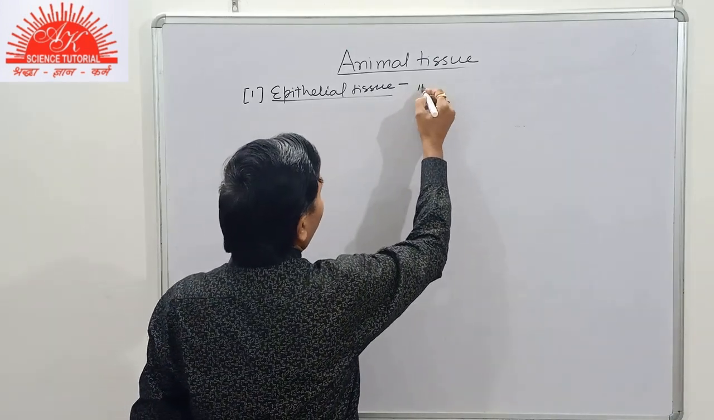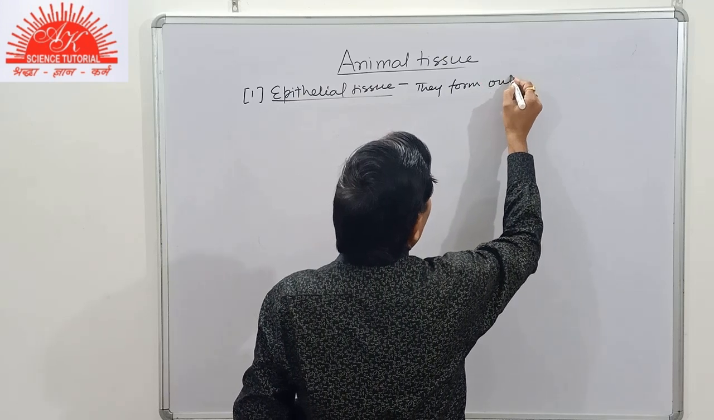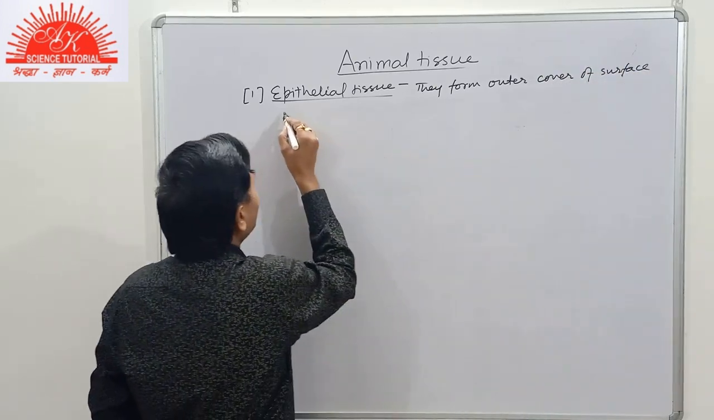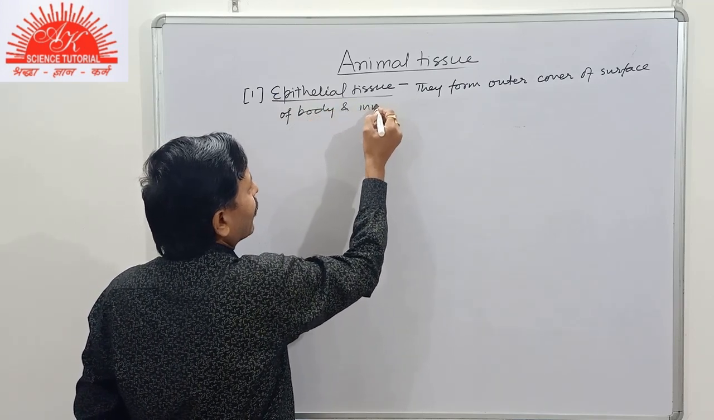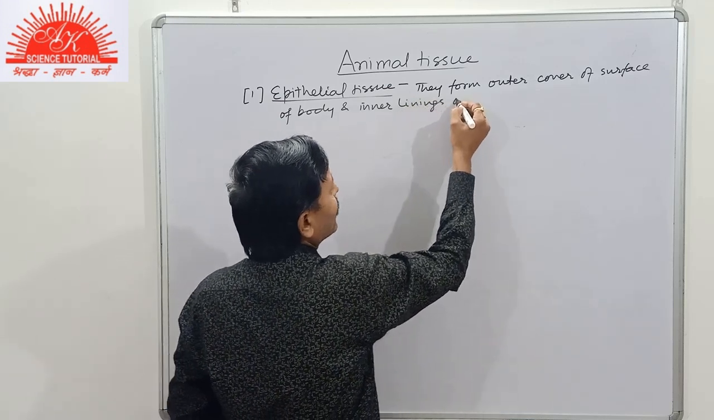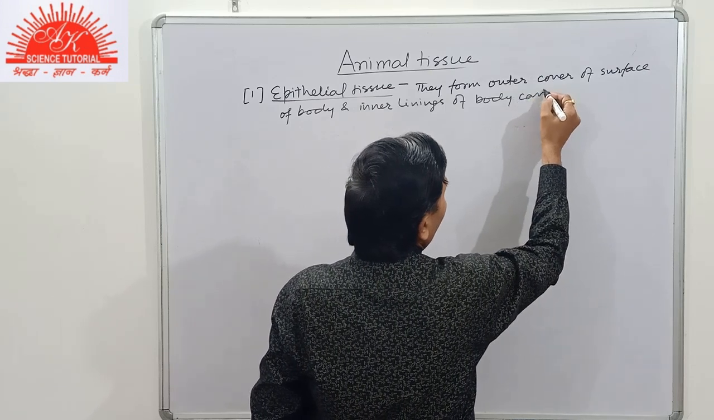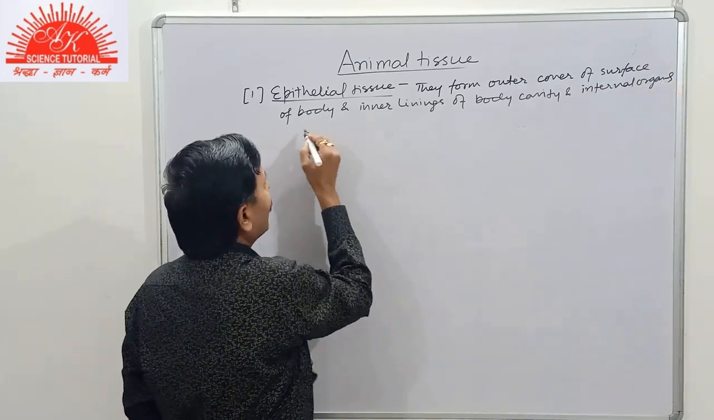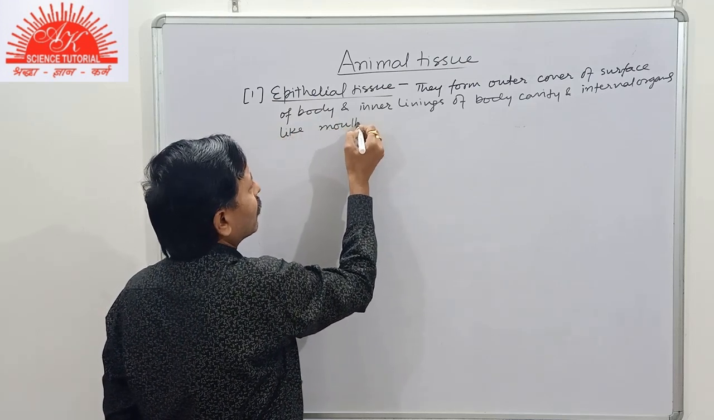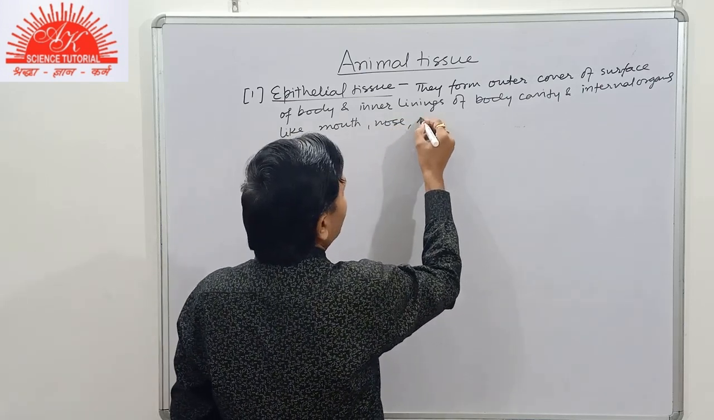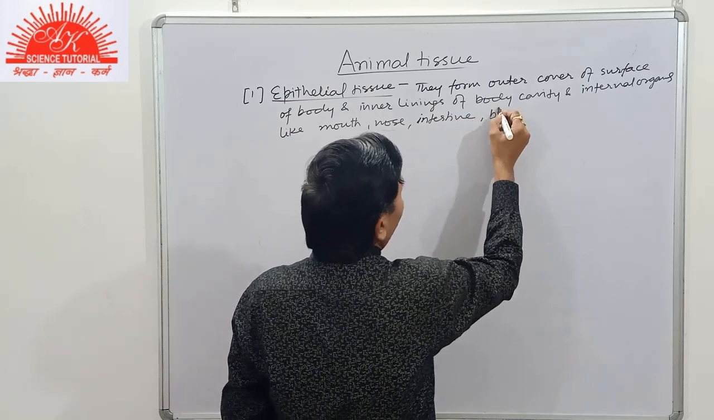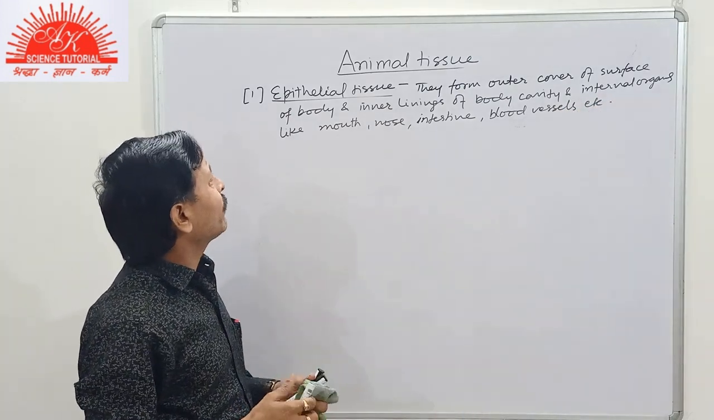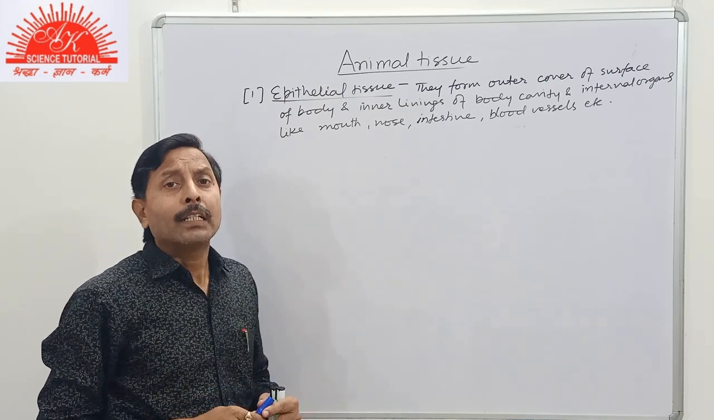So we see that they form the outer cover of the surface of the body and inner linings of body cavity and internal organs like mouth, nose, intestine, blood vessels, etc. Now, there are different types of functions performed by epithelial cells, but mostly